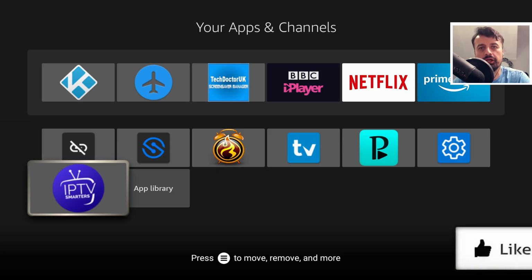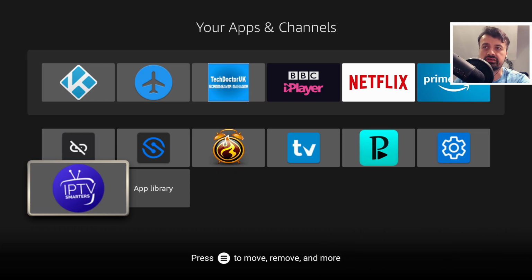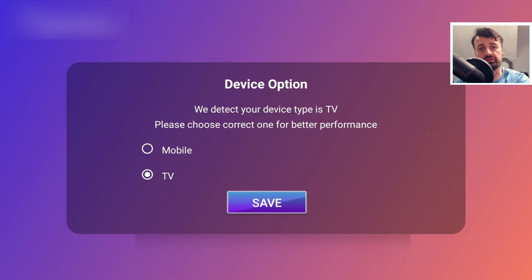So here we can see the new application that we've just installed, and we've also downloaded one of those legal playlists from our website. Let's now start this application for the first time. Now, the application has a very basic layout. It's very easy to use, and the great thing is, not only does it work on your TV devices like your Firestick, like your NVIDIA Shield, but it also works on your touchscreen devices like your cell phones, like your